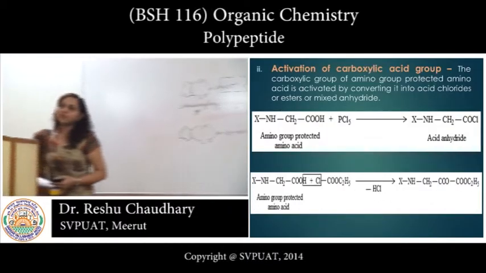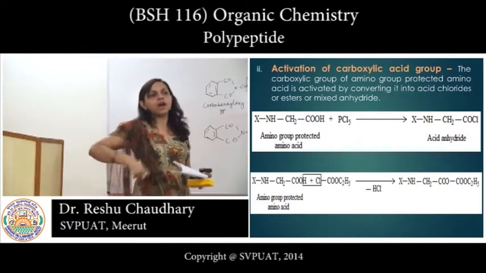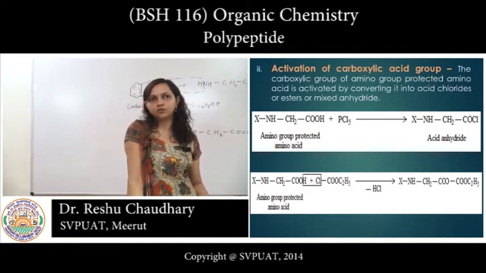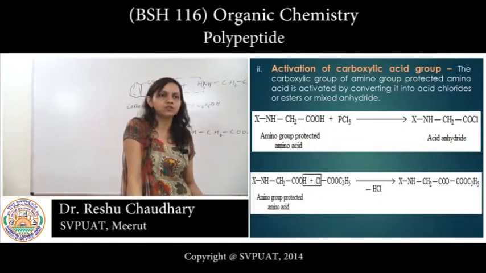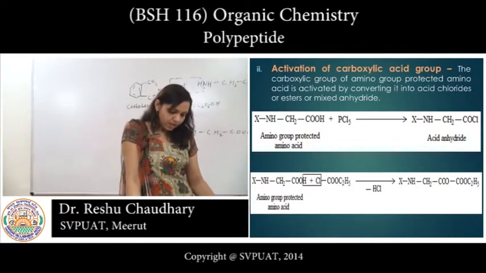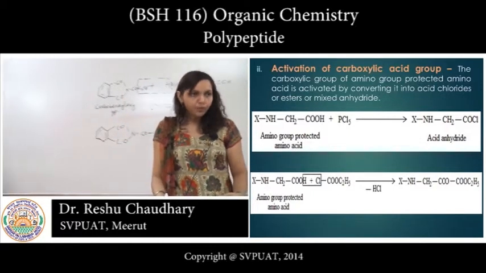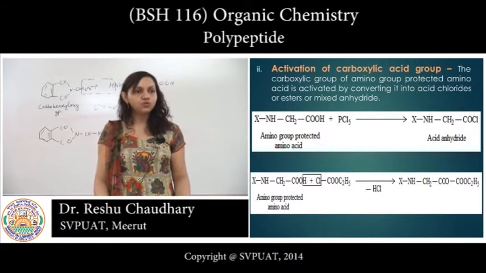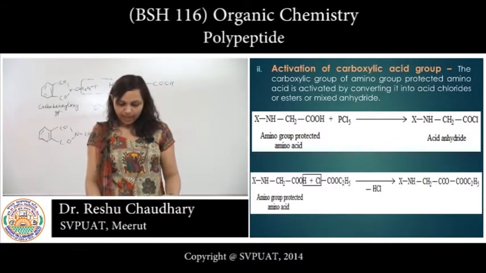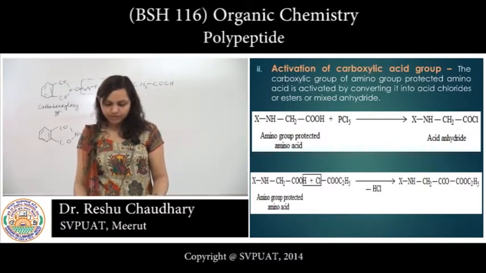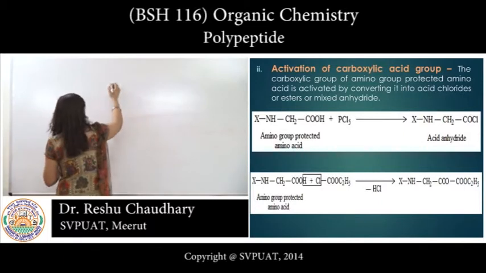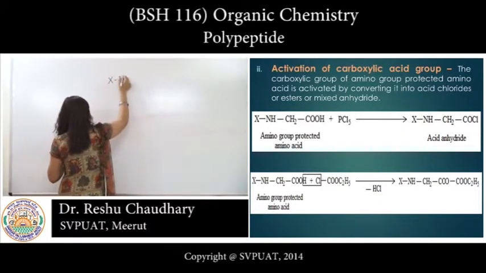Now second one will be the activation of carboxylic acid. First principle was protection of amino group. Now second one is activation of carboxylic group. The carboxylic group of amino group protected amino acid is activated by converting it into acid chlorides or esters or mixed anhydrides, and the reaction will be